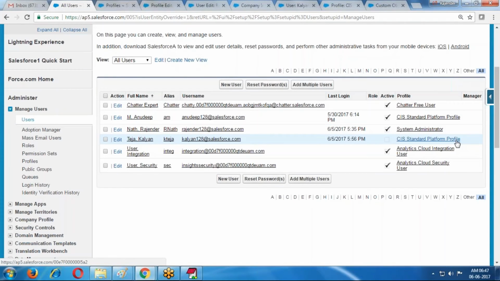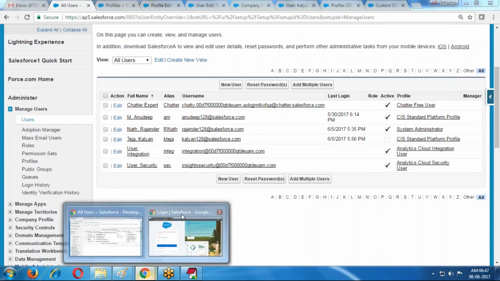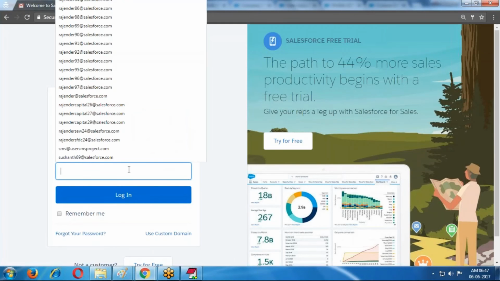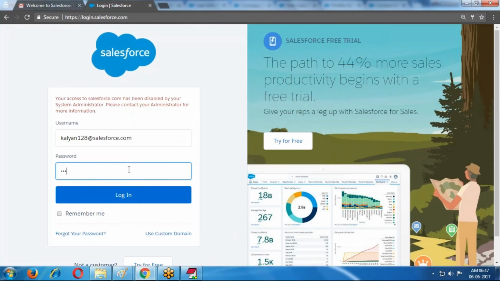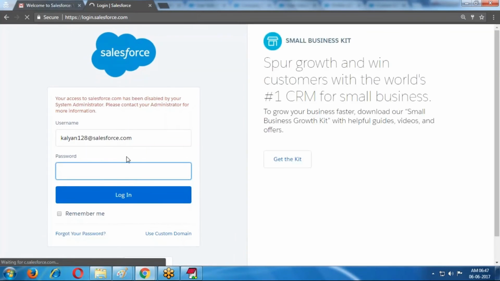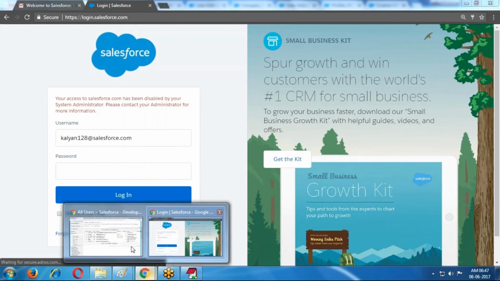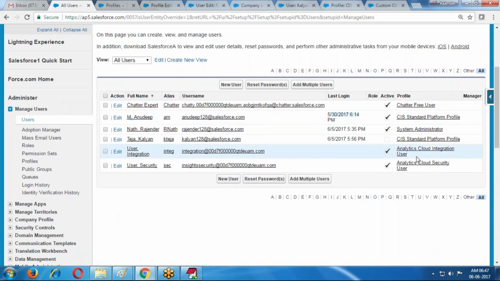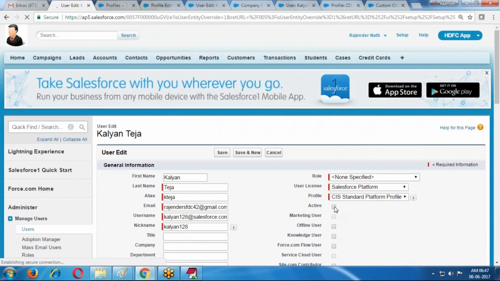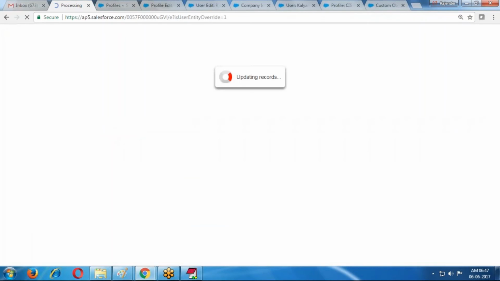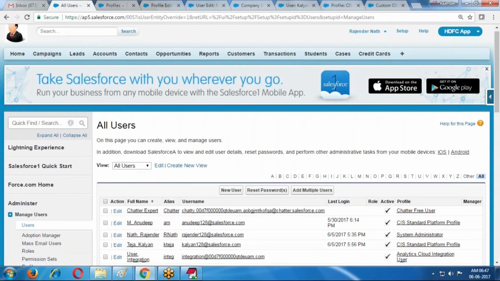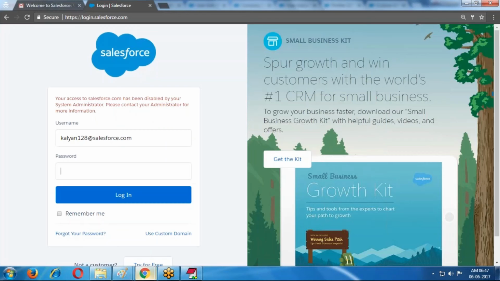If I log in as Kalyan, is there an inactive? Oh, the user is inactive. I'm just editing. User is active.